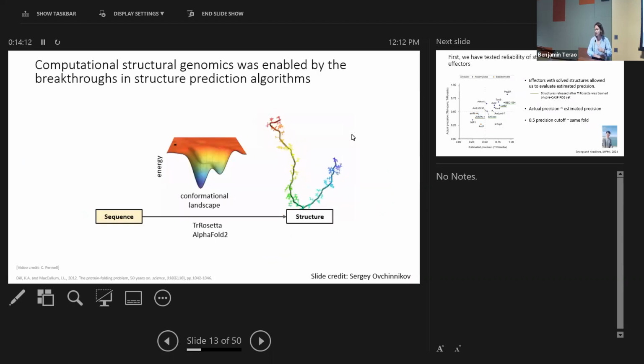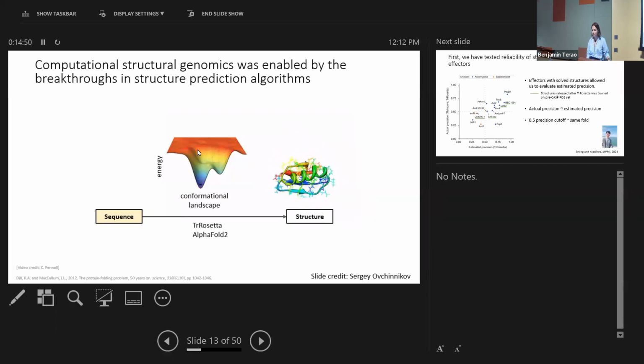And the revolution that he talked about was relatively unrecognized, except for the field of structural biology and computational biology in 2018, but it gained much more attention, of course, in recent years. It was the availability of new algorithms such as trRosetta, developed by David Baker's lab, who's been working in this field for like 20 years, and AlphaFold 2, developed by DeepMind, now owned by Google, that is able